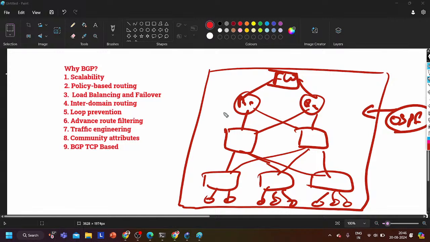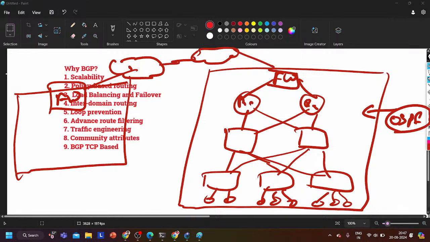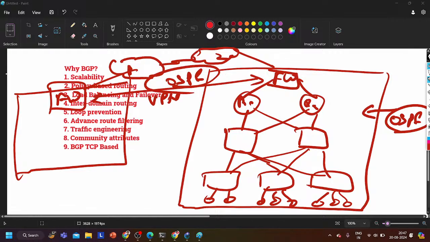right? In the same way, I have another branch somewhere, maybe in a different country. There also I have one firewall, right? And both companies are connected to the internet. Both internets are connected with each other. Both ISPs. This is ISP1. This is ISP2. Now between these two companies, I can create a virtual network, VPN. Over the VPN also, we are going to use OSPF only, right? Then where will we use BGP? So within the company, we will use what, guys? OSPF routing protocol only, IGP routing protocol only, right?